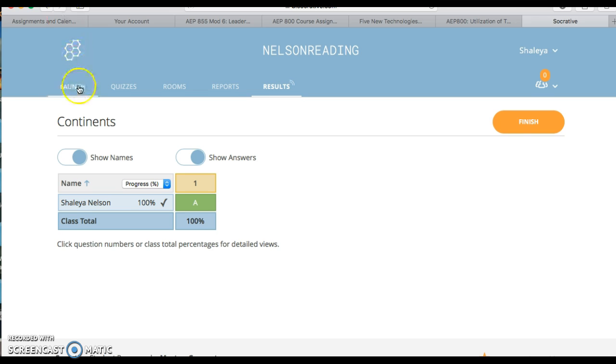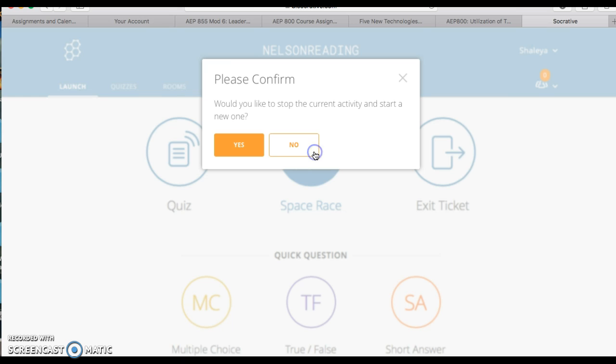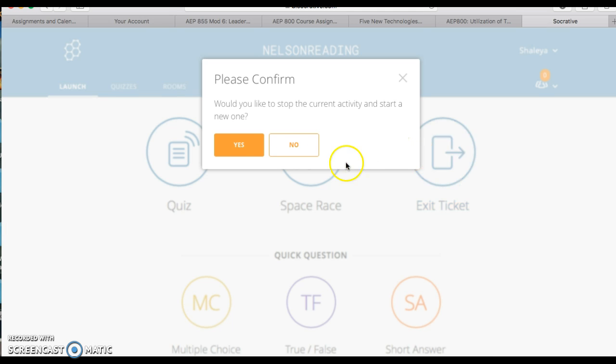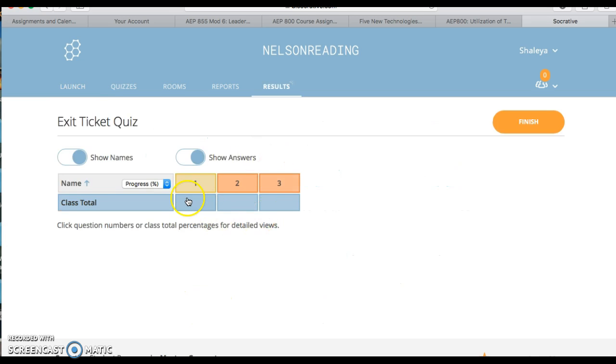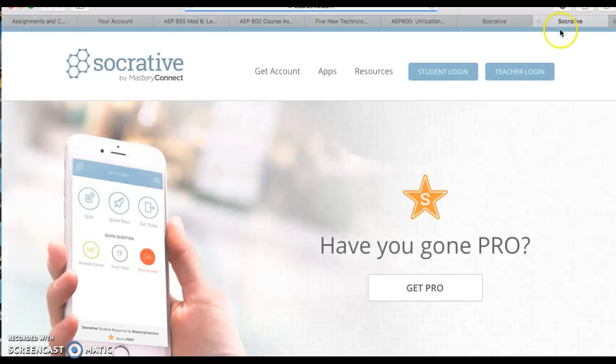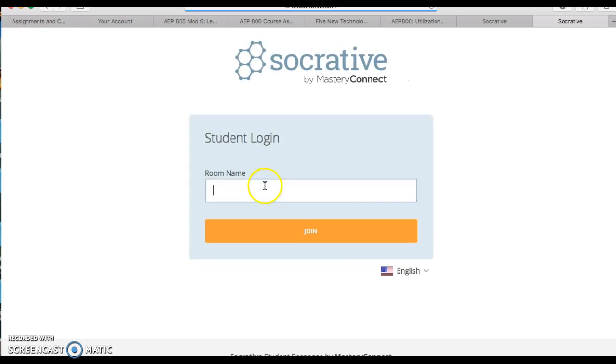Type of thing. The other thing I was going to show you, if you did the launch, like the space race, you pick the quiz, and then it's like a little race, or you can just do an exit ticket, and you have them answer the exit ticket on their view. So if we went back to and did the student login, Nelson Reading,